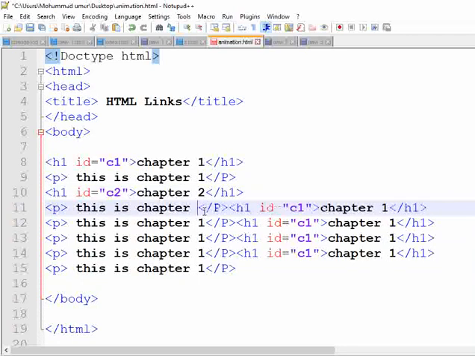So again, its ID is C3 for chapter number 3.